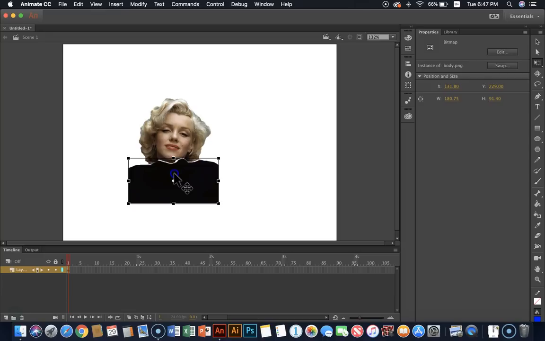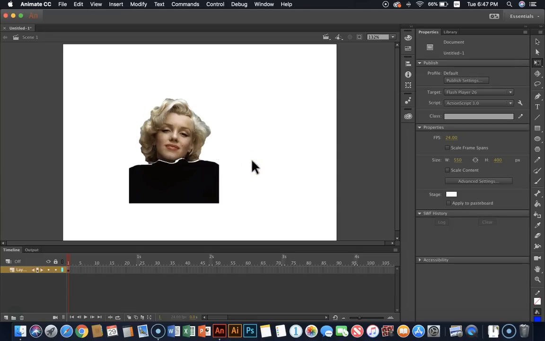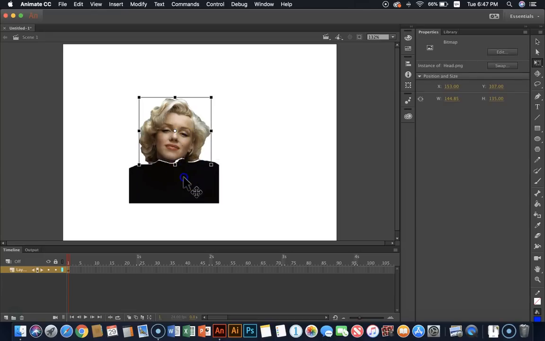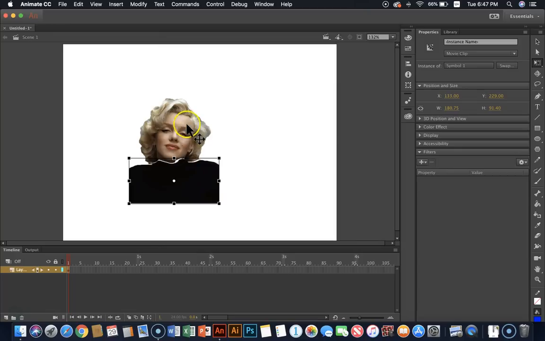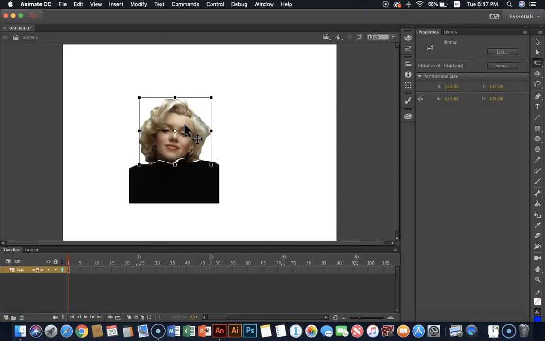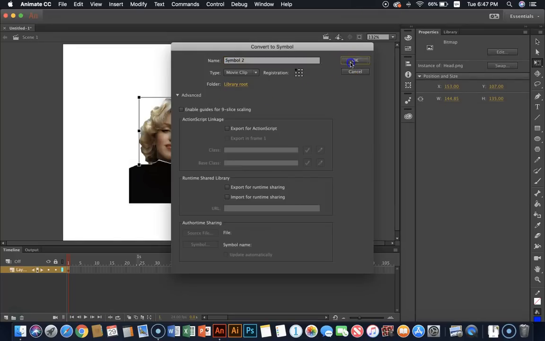All right. Anyway, I've got my two parts, and I've got to actually convert these into symbols. So I'm going to click on the body and hit F8, and I'm going to click OK, and I'm going to click on the head and hit F8 and click OK,